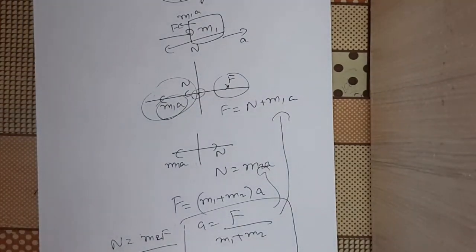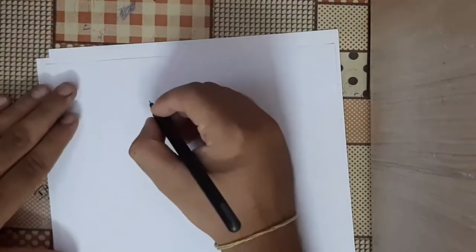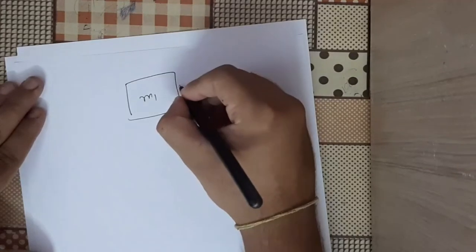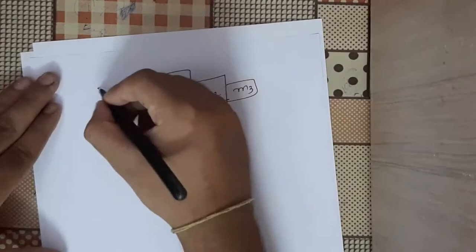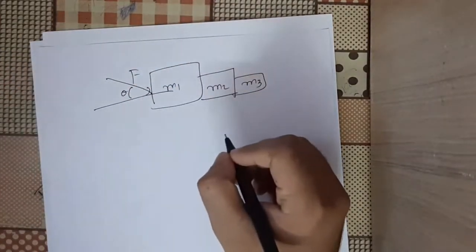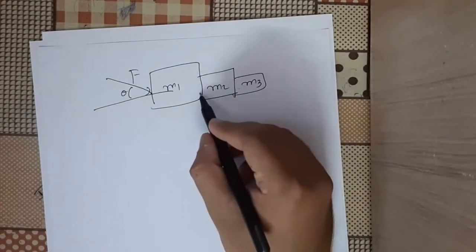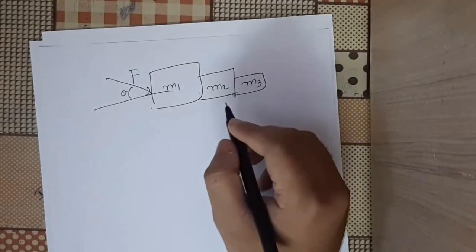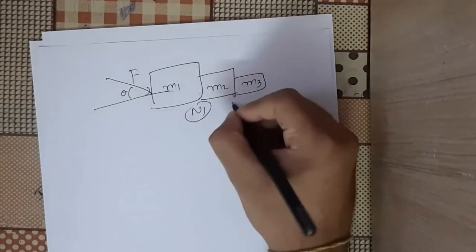Okay, so let us do one more problem which is similar to this. I would recommend that you try to do this problem on your own, and then you can see the solution for answers. So let us say there are three blocks now, m1, then there is a block 2 which is m2, then there is a block 3 which is m3. Let us say that we are applying some force F, and that force is making an angle theta. So you need to find the forces of interaction between bodies. What does that mean? What is the normal force between bodies? Okay, normal force is sometimes labeled as forces of interaction because two bodies are touching each other. So try to find N1 and N2.